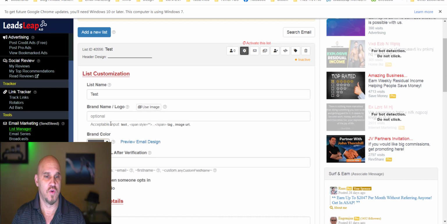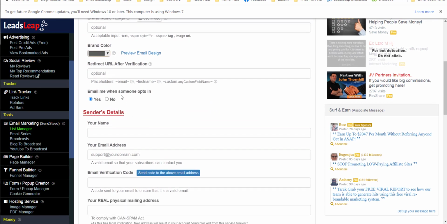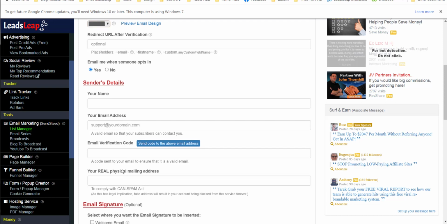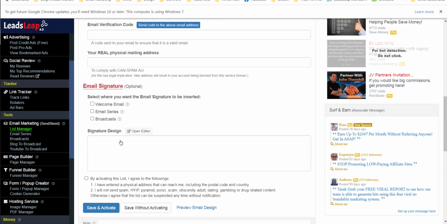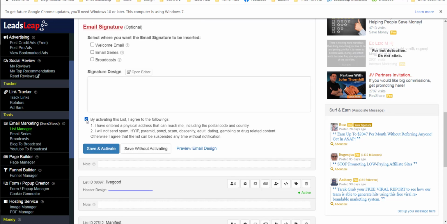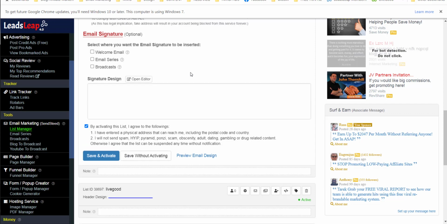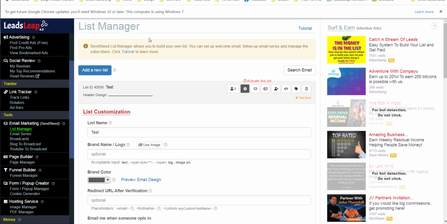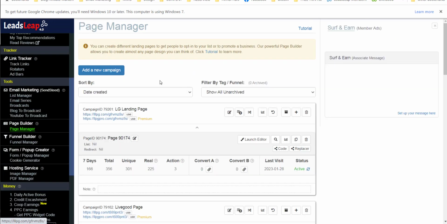So you need to put in your name, your email address, because they're gonna send you a code, a verification code to activate this list. And then put in your signature if you want, and your real address. Press this button here and save and activate, and then it'll be activated. So now that that is created, we are going to come over here to Page Builder, Page Manager, and we're